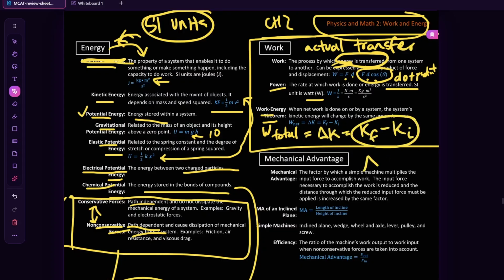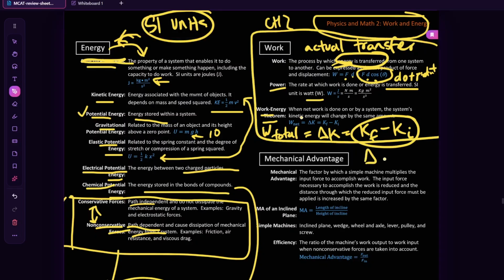So you notice whenever in math you get delta T or delta K or delta whatever, for those who are just new to math, I'm trying to explain it for those who maybe haven't learned it in a while, delta usually means final minus initial value. The change in time, for example, would be the time final minus time initial. So let's say you start at a time of 0 seconds and your final was 30 seconds. So the difference in time was 30 seconds, for example. So that's delta K. The work energy theorem is useful because it lets you skip a lot of complicated